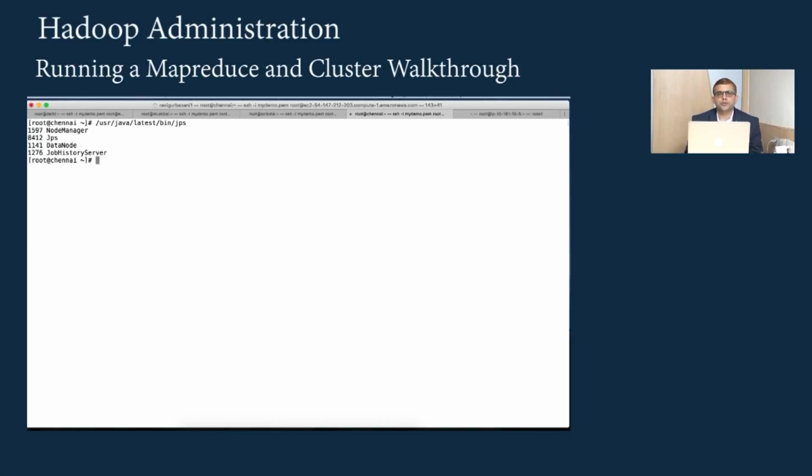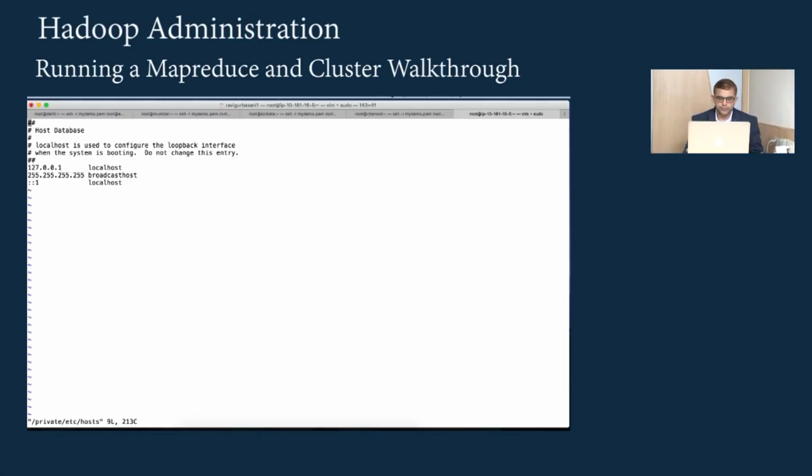But that's not enough, because we will also have to verify if this is running as a cluster or not. For that, we will have to go to the browser and check it. Now, to do that, we'll have to visit the public IP of the machine. But every time remembering the public IP of Delhi or Kolkata is going to be cumbersome. So we will use the local hosts file on Mac and we will add the entries.